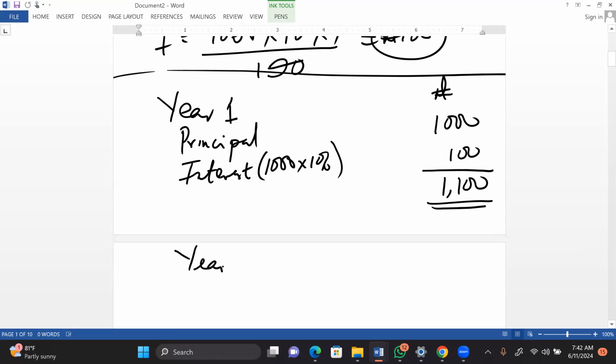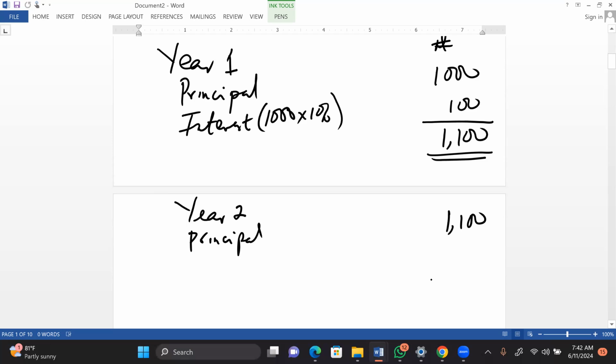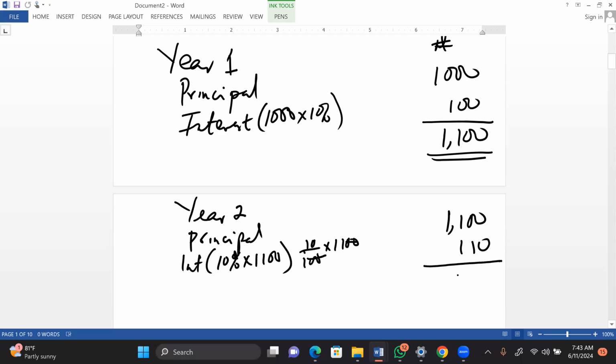I will now go to year 2. So the principal, instead of being 1,000 naira, I'll put 1,100. I will now calculate interest on this 1,100. So the interest, which should be 10% of 1,100, means 10 over 100 times 1,100. So this cancels this. That gives me 110. That's 110 naira. So if you add this together, it's going to give me